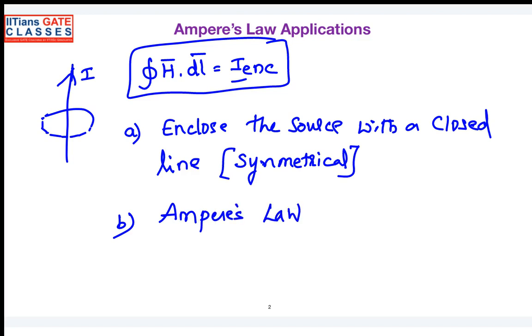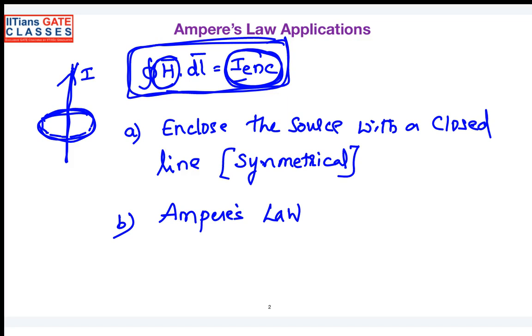So if you have any current carrying element, that element has to be enclosed with a closed line. That is the first step. And that line has to be symmetrical. And the second thing, you can apply the Ampere's law to find out the magnetic field intensity. Why? Because you can see the equation here. If you know the type of current, the current is known, you can easily define the magnetic field intensity. Or if you want to go in a conventional method, what you have to do, you have to